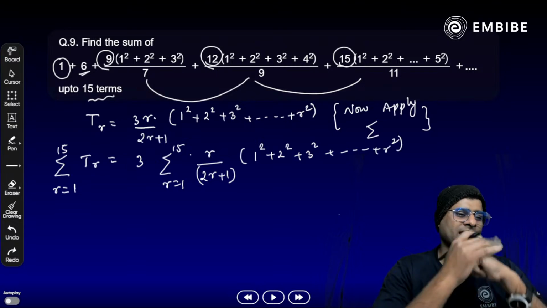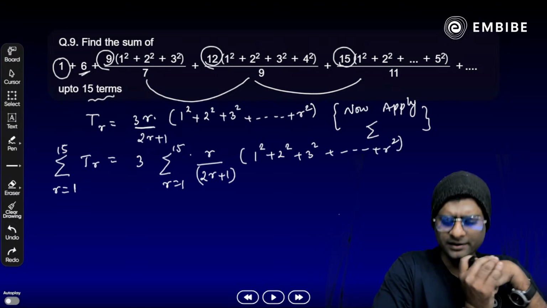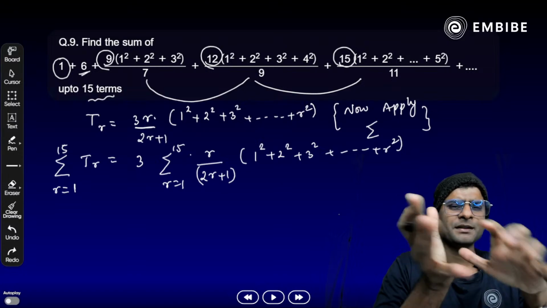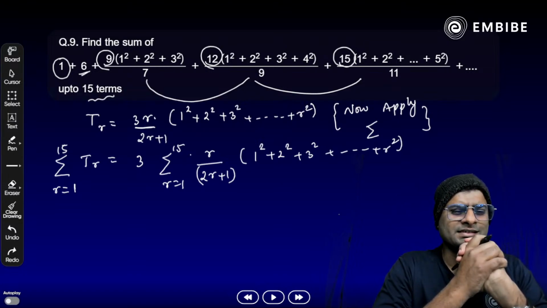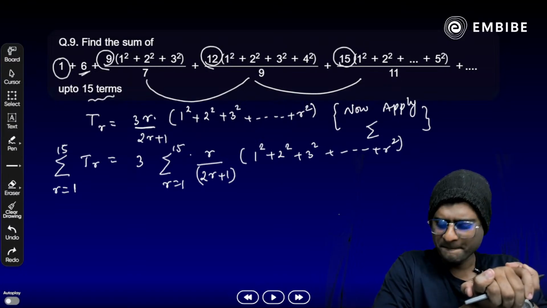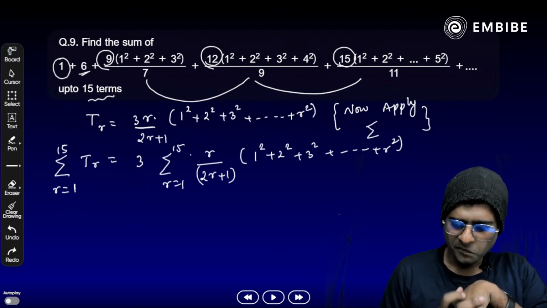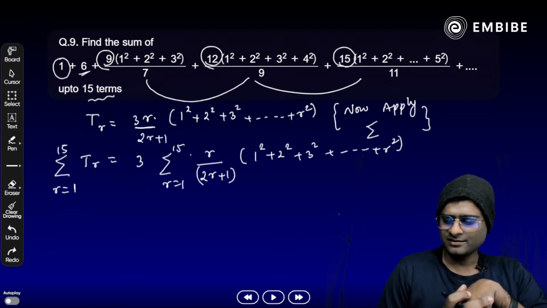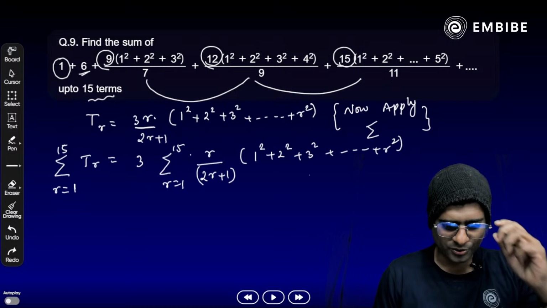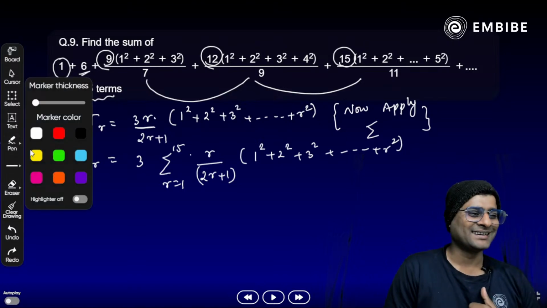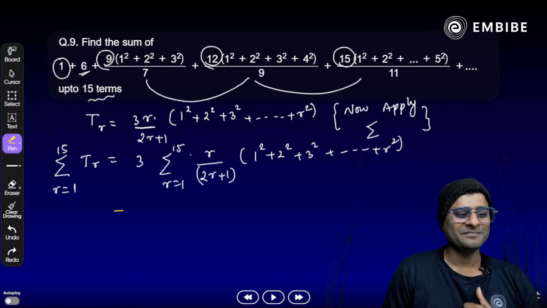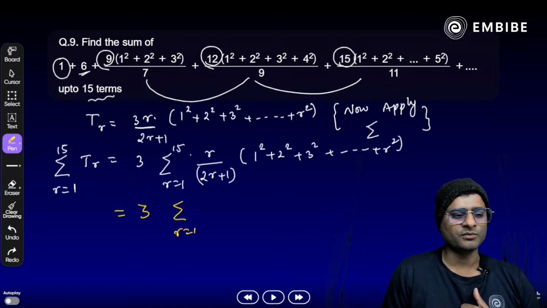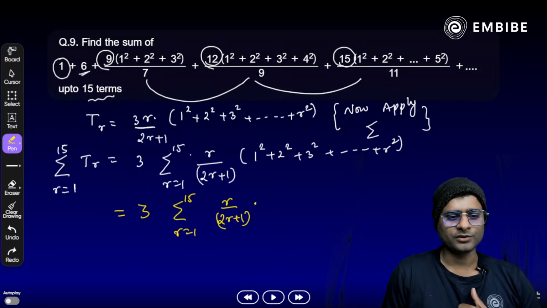Now look at inside the bracket here. This term can be simplified. Yes, आप इसे simplify कर सकते हैं. Sum of squares of numbers. Anyone know that? r times r plus 1 times 2r plus 1 by 6. Okay, digital. All right. Let me check here. So that should be 3 times sigma r is equal to 1 to 15, or summation as some say, r by 2r plus 1 into,